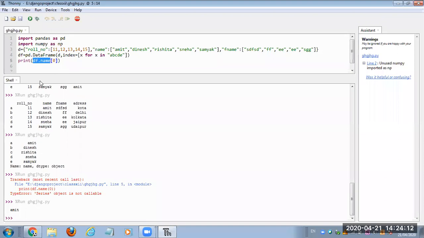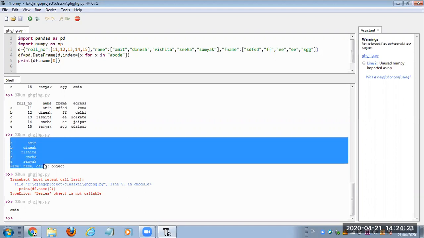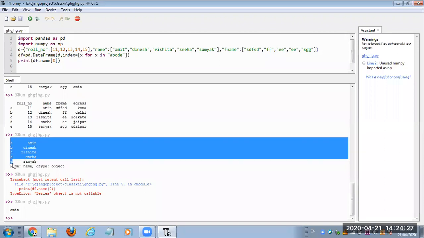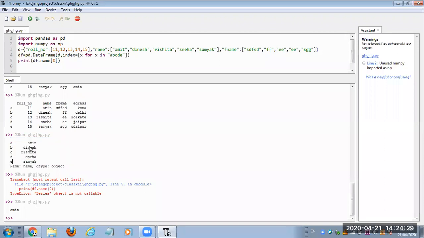This single column can be assumed like a series having these 5 values with their indexes. When I write df dot name, the output is Amit, Dinesh, Rishita, Sneha, Samyak with their indexes. Within this series, the default index of Amit is 0, Dinesh is 1, then 2, 3, 4.